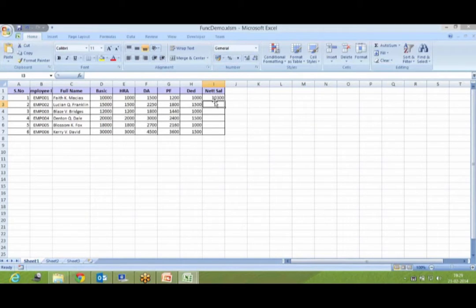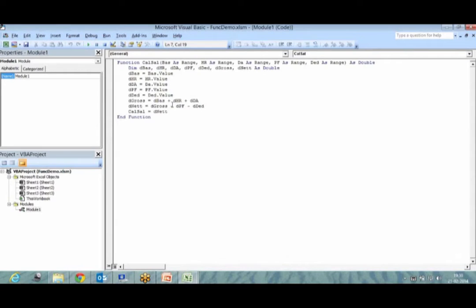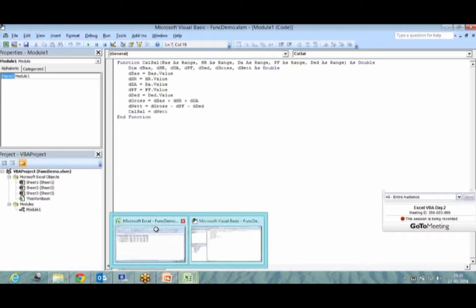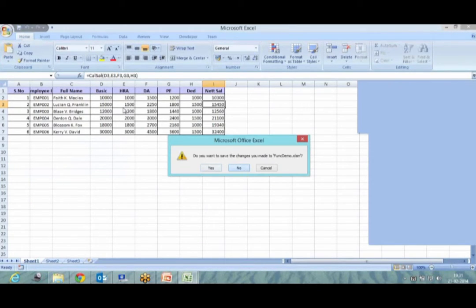So once you write the function, like any other Excel function, you can also do the autofill, which will help you to do the calculation for all the sheets. And remember, if you want this function in all your workbooks, then what should you do? You should save this as an add-in, and then your function will be available in all the workbooks. Alright, simple. So I have written a function and I've used the function in my Excel. I'm moving to the next